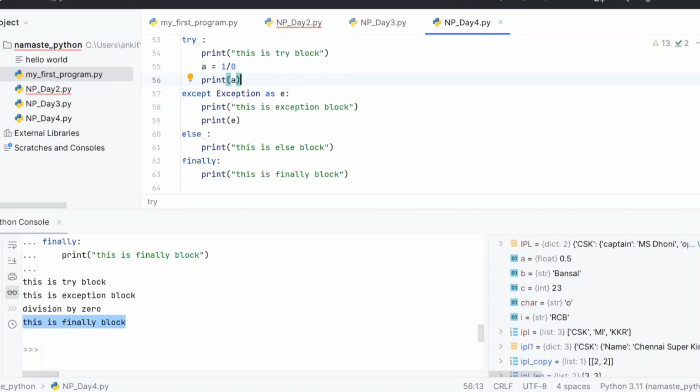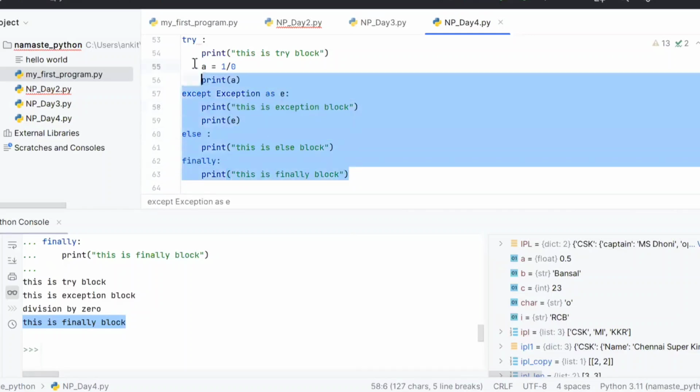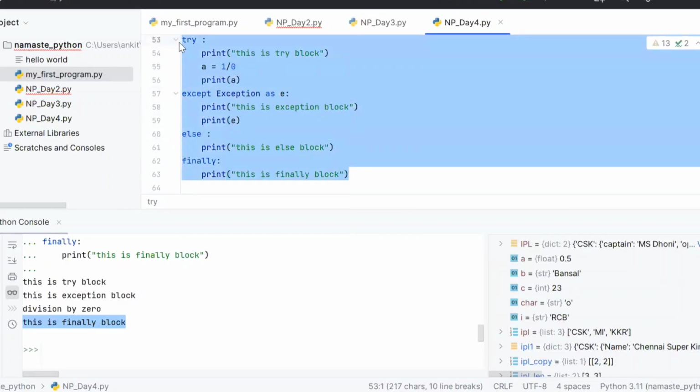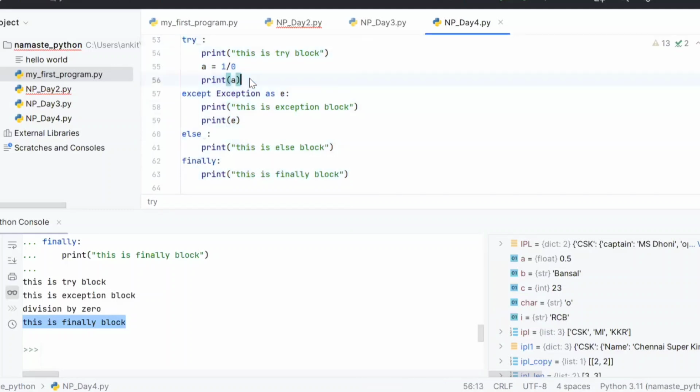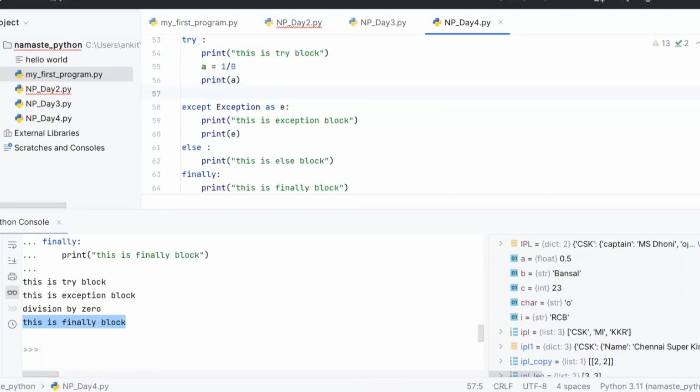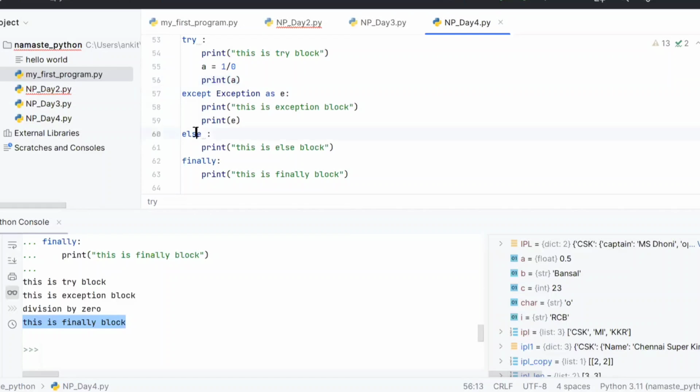If I write multiple try, then I will have to write everything, right? Exception type you can give multiple times, but else will be only once.